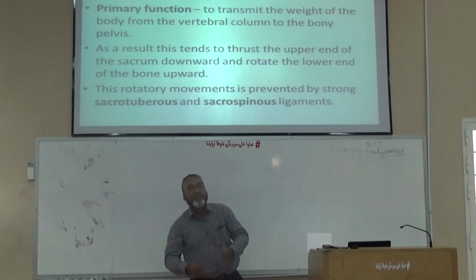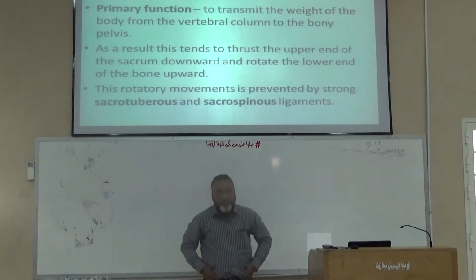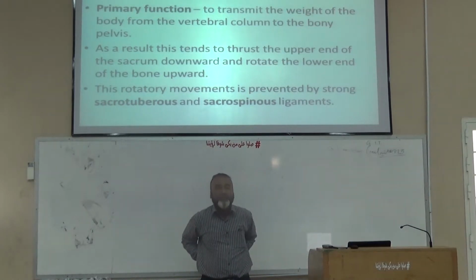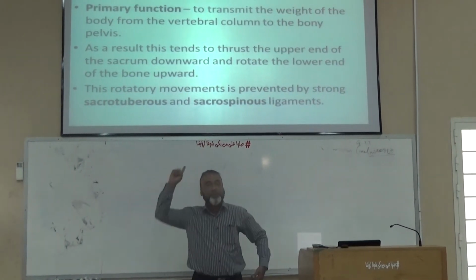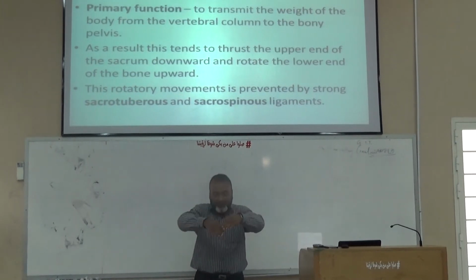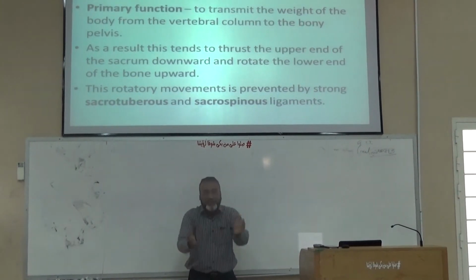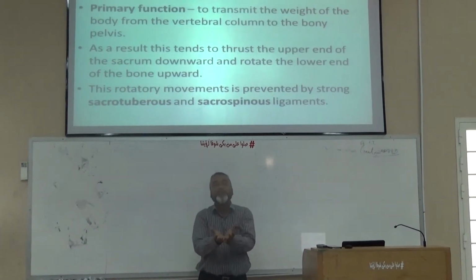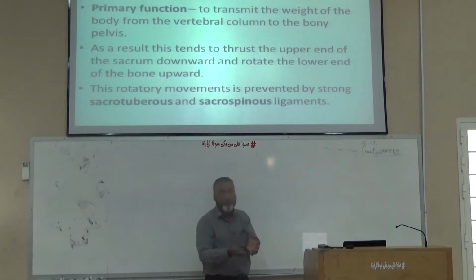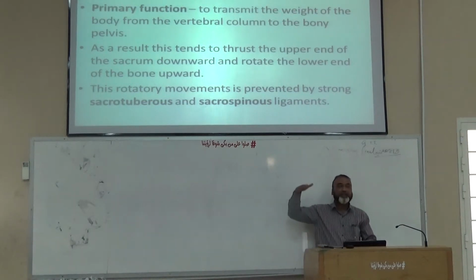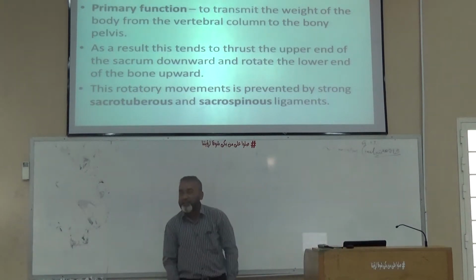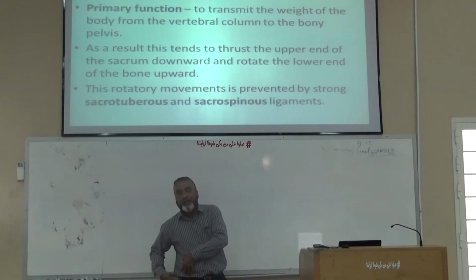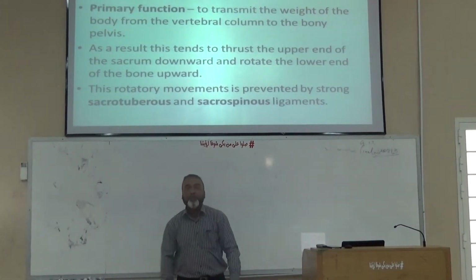So the pelvic girdle, listen. What is the pelvic girdle? Two hip bones, and behind we have the sacrum. Anteriorly they are articulating at the pubic symphysis. Behind they are articulating at the sacroiliac joint. So this whole basin shaped structure is named the pelvic girdle. They help in the transfer of the weight of the vertebral column into the pelvic girdle. Then from the pelvic girdle, the weight is transferred by the hip joint over the femur.